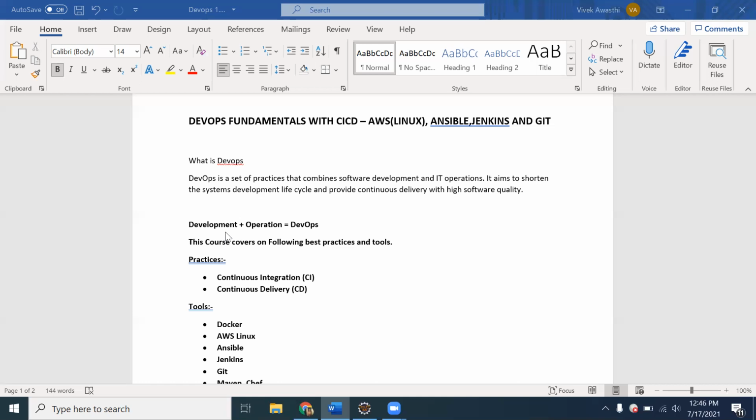Like in the previous days, when we provided a deployment or wanted to make an application available for the customer, first the developer had to develop the application, and before releasing the application to the customer, we had to do 3 to 4 hours of operations work. A lot of operations work was required to release the application. Then only was that application available for the customer. That would take at least 3 to 4 hours for the deployment.